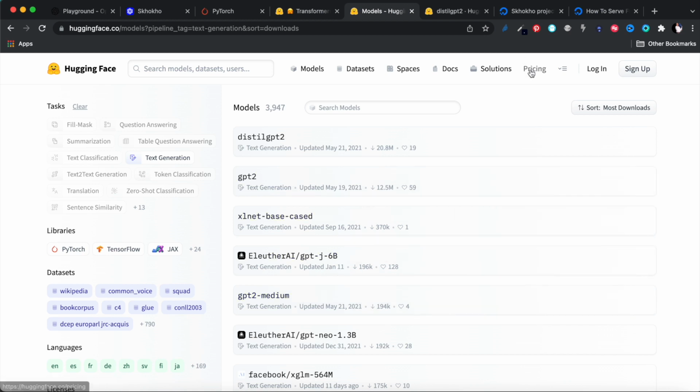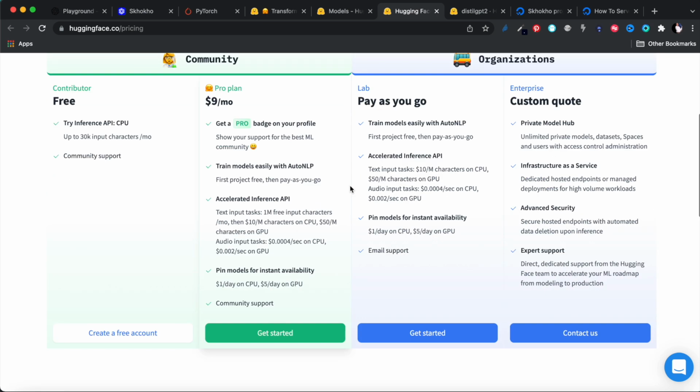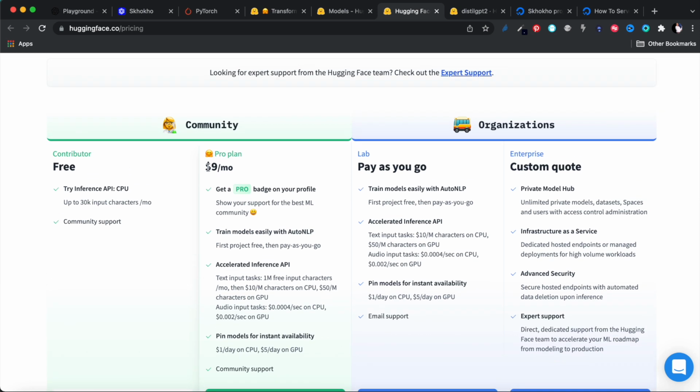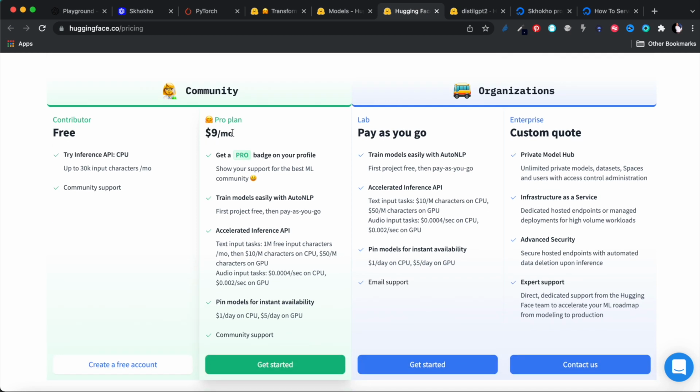You can have a look at their pricing page, and it is definitely cheaper than the OpenAI price. You can see here, you're only paying like $9 a month. And then you have, I think, 1 million input characters, and 1 million is quite a lot. You can try this out and compare it, but it depends on the kind of app you want to build. What I like about this API is that there isn't a lot of